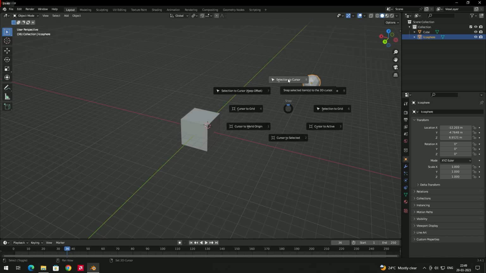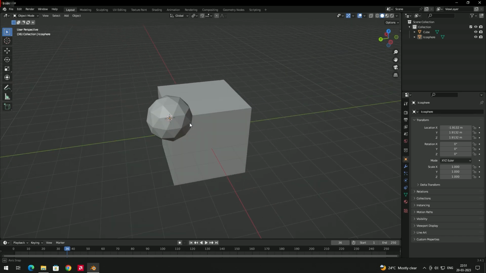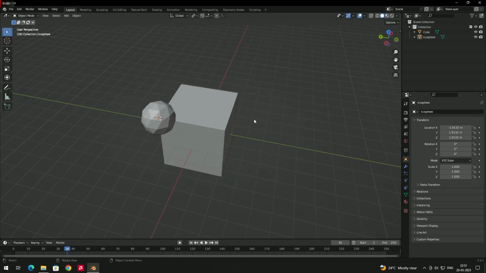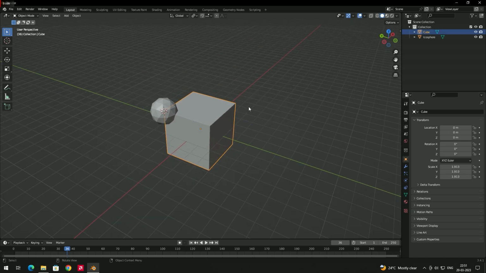So if you select this, you can see the selected object is going to snap to the cursor. Now suppose you want to snap this cursor to the center of this cube, let's say to this corner here. As I said, it will snap to vertices, edges and faces. So suppose I go to